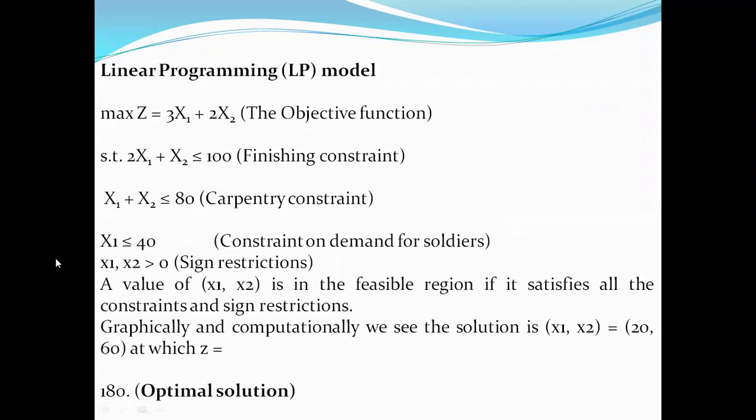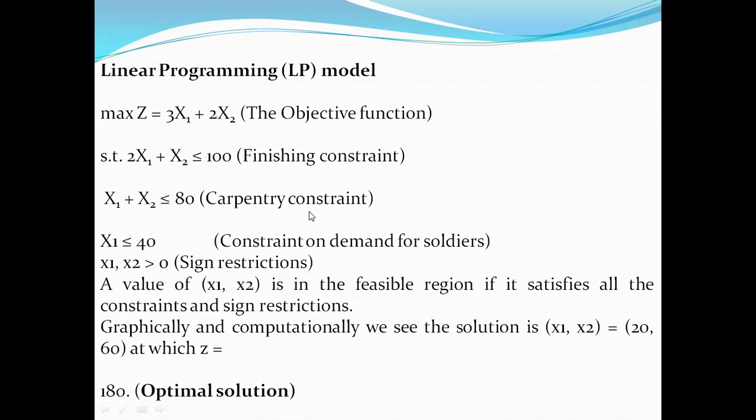So we will be taking clear-cut variables here, the linear programming variables. Maximization of z equals the profit from x1, the manufacturing of soldiers, plus the profit with respect to the second variable, that is trains. And this is considered the basic objective. For the finishing constraint, it clearly specifies that finishing both the soldiers and the trains takes 100 hours. So hence 2x1 plus x2 is less than or equal to 100.